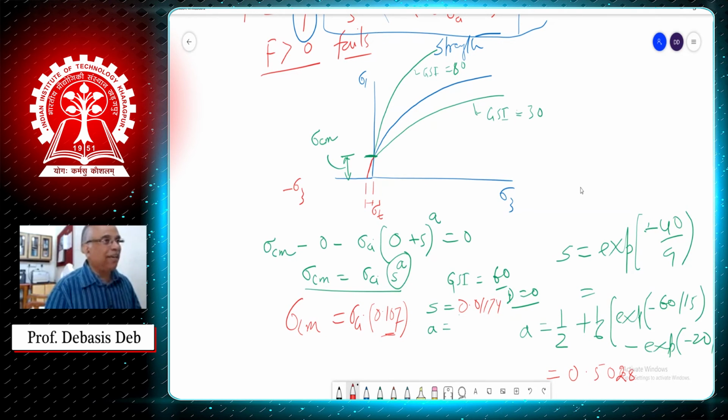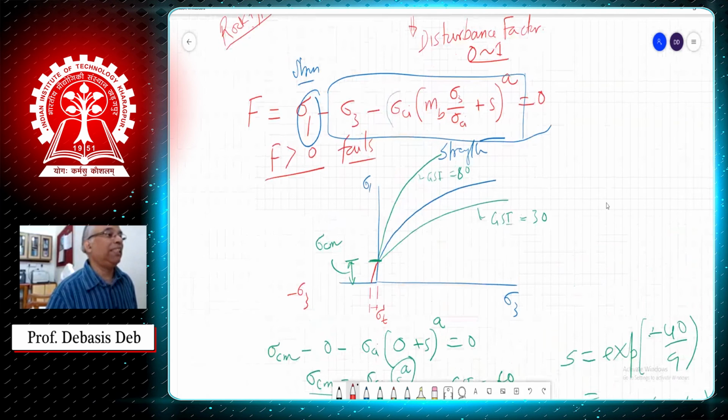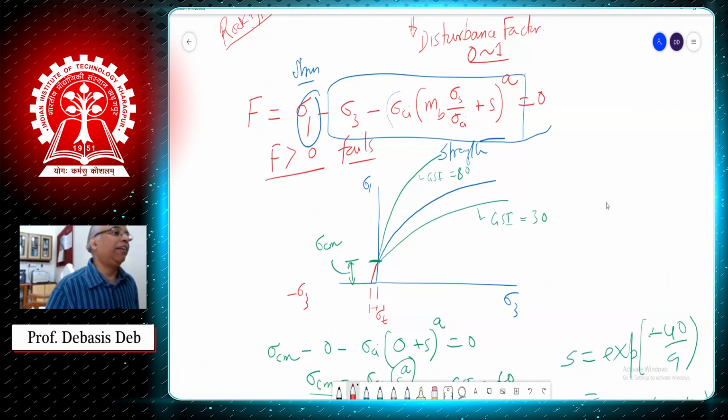So whatever you test in the laboratory should not be the final strength. We have to consider the rock mass property, because we have to build a tunnel in the field, not in the lab. So we cannot take the value from the lab only, but the lab is a very good indicator, and then you have to combine it with GSI.